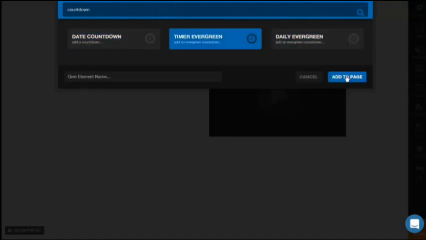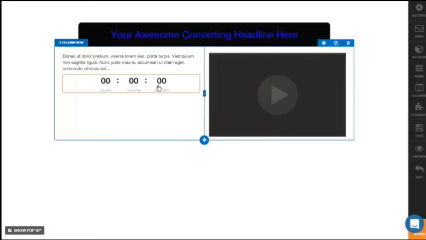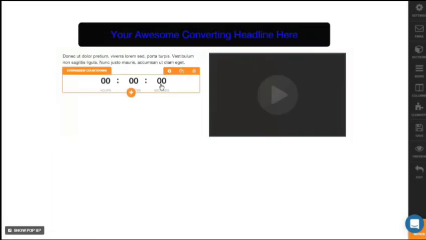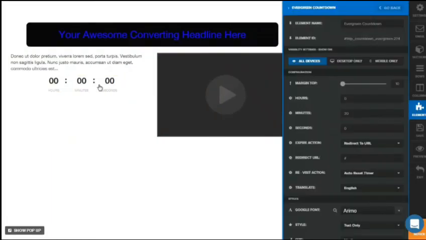Click on the timer, and I can put in the hours, minutes, and seconds, and when the countdown timer is expired, that's the action it will trigger. So in this case, I could redirect to URL or show hide elements. And there's also a revisit action, so it could be an auto reset timer, auto expire for X days, or hide the timer and show section or row. So in this example, 30 minutes is fine,